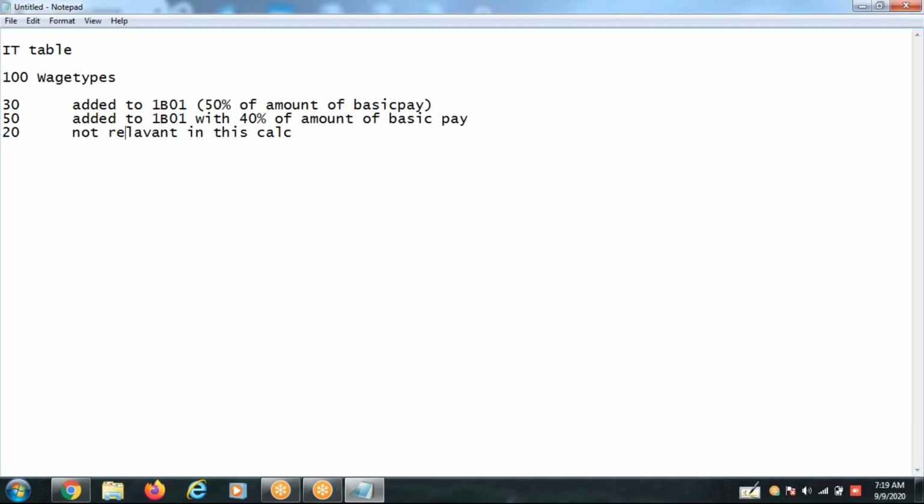There are 100 wage types in the IT table. I need to write a PCR. So in that 100 wage types, 30 wage types are added to 1B01, with 50% of the amount, not basic pay.